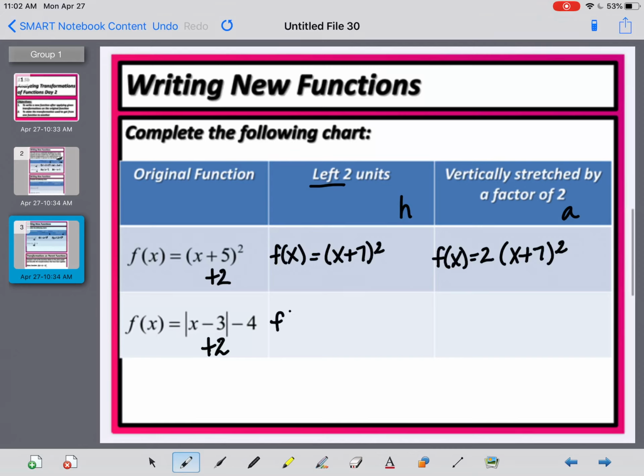All right, so let's do that again to this new function. So add 2. Okay, so now we'll really see when we apply that vertical stretch by 2. We're only applying